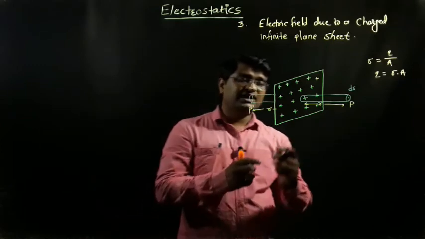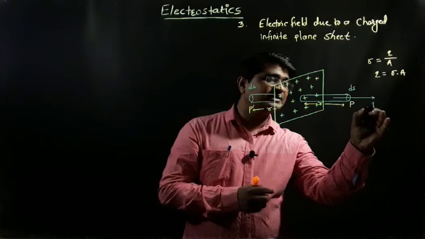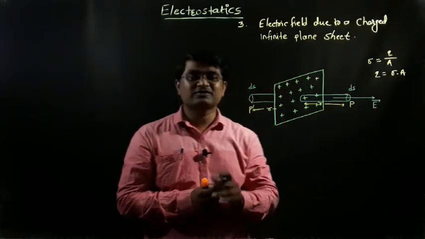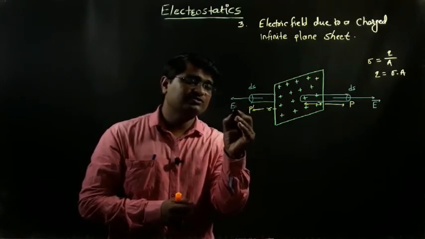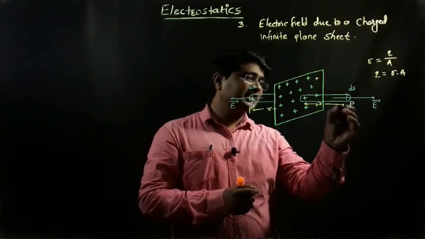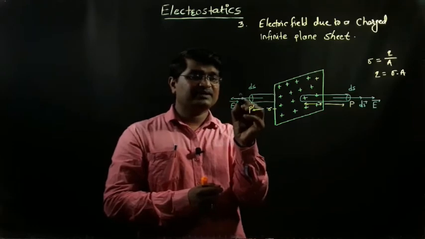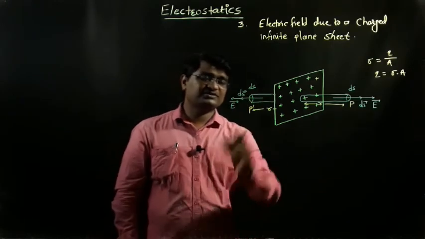But actually we know that when the electric field is produced, this electric field is also moving in the outward direction. So it means that this electric field is always perpendicular to the Gaussian surface. And we can observe that the direction of the electric field and the direction of the area of the smallest element are exactly similar. This is the direction of the area of the smallest element. So this is our diagram.